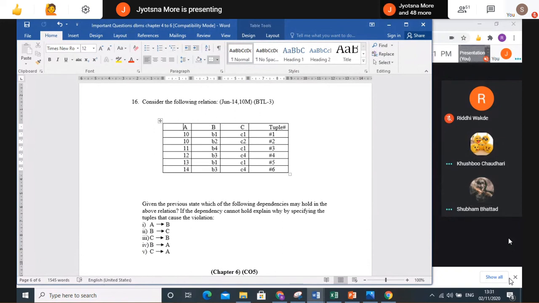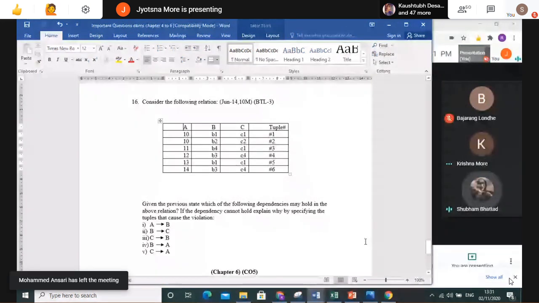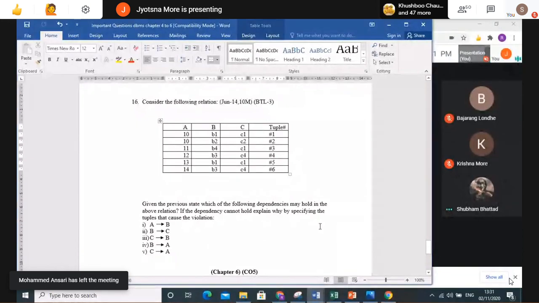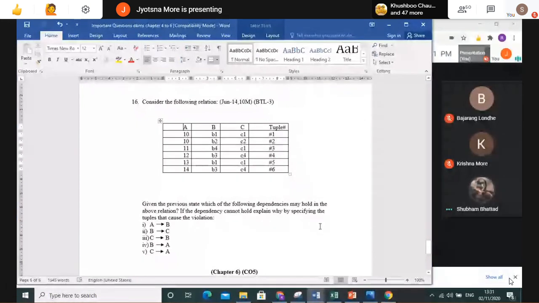Tuple 1 and 5 have the same B, and the answer is C. It exists, because of which tuple? Tuple 1 determines 1 and 5. Correct. And 4 and 6. So it holds the functional dependency because tuples 1 and 5 as well as tuples 4 and 6 have the same B and C values. Right? And then you can mention below what tuple 1 is, what 5 is, what 4 is, and what 6 is. Fine. That is the answer. Correct, Khushbu, it exists. You got your point? Yes, ma'am.